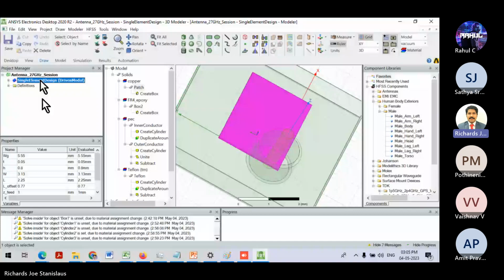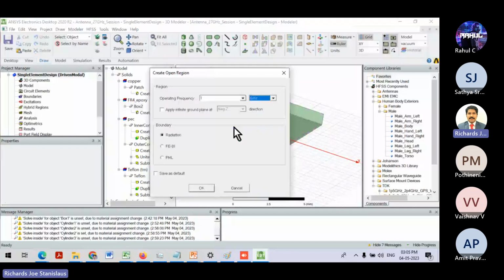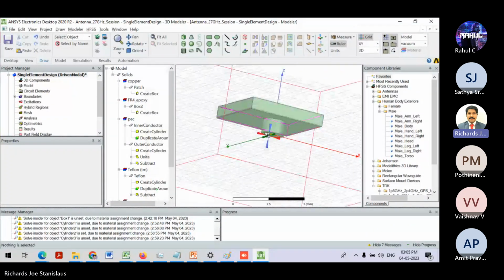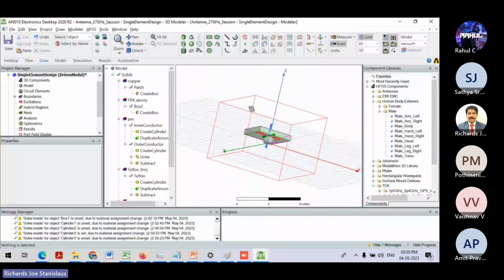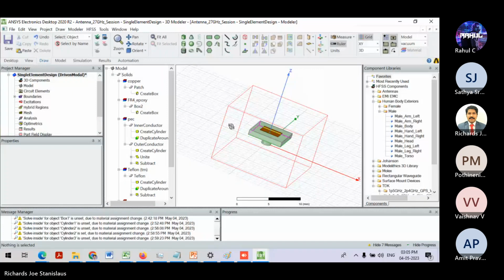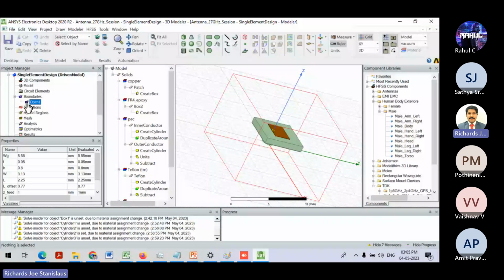The first step, you need to create a boundary, right? So right click, create open region. You can give the frequency as the design frequency, which is 27 gigahertz, and click OK. So by default, it is just created, a big space around this. So I'm just saving it then and there. So an airbox kind of region is created, which is going to have a boundary,